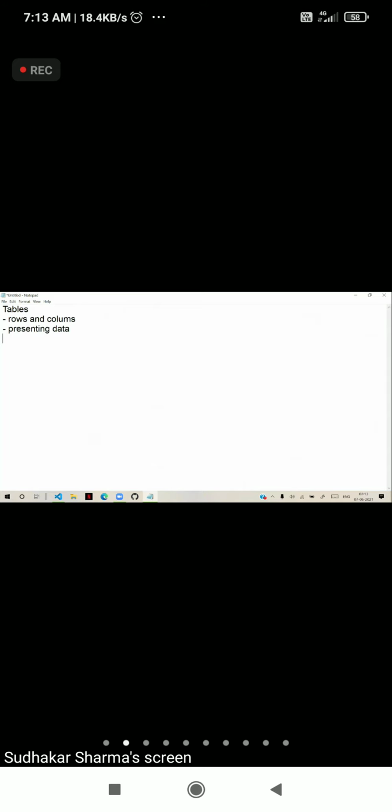Because in the older version of HTML, we don't have divs, spans, header, footers, like semantic elements. So we have to design everything with the help of tables only.